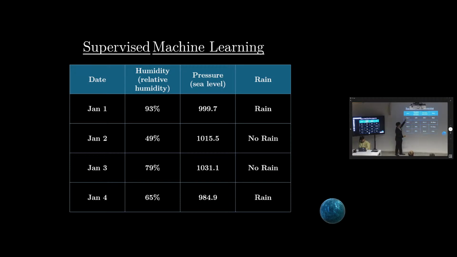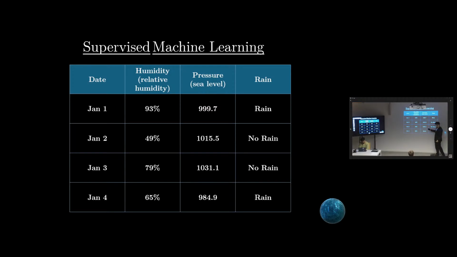Notice that this is supervised machine learning, because in machine learning there are three main categories, and the first one is supervised machine learning. Why do we call it supervised? Because I, the human, am the one who labels the rain. I'm the one who writes in the data set: this was a rainy day, this wasn't, this wasn't, this was. And the point of our model, hopefully, is that it should approximate and find the correct outcome, the correct label, without me telling it.